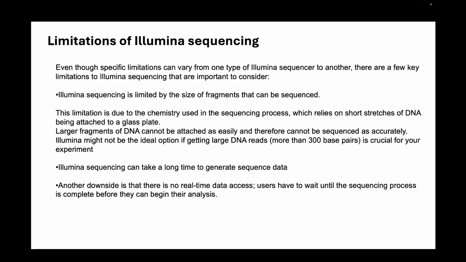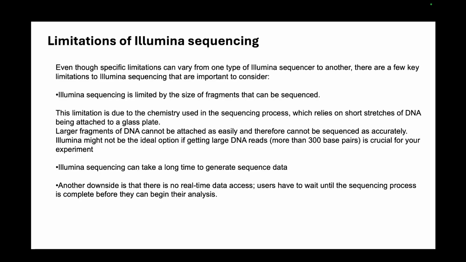Say, for example, you have a duplication inside a genome which spans 5,000 base pairs or even more. These kinds of duplications cannot be easily identified using Illumina sequencing, because Illumina read length is around 150 base pairs. Ideally it's not more than 300, but the average is around 150. So the bigger, more drastic changes in the genome become harder to identify using short read technologies like